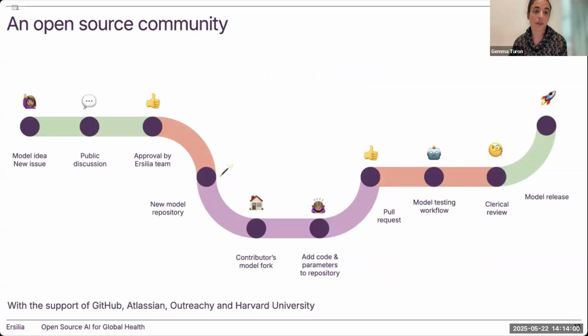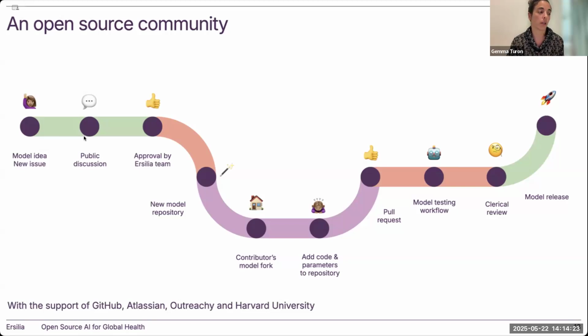This last point, this fifth point, happens in a semi-automated way so that we have become quite efficient in incorporating open source contributions. So basically, anyone can open what we call a model issue, so a new idea for a model incorporation, be it starting from a data set or from a model that is already published. We engage in some discussion.